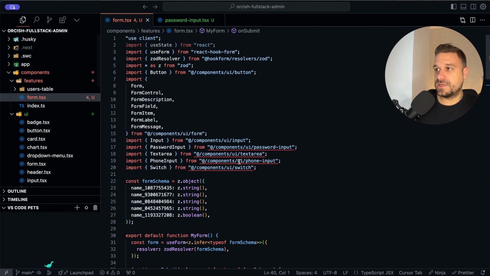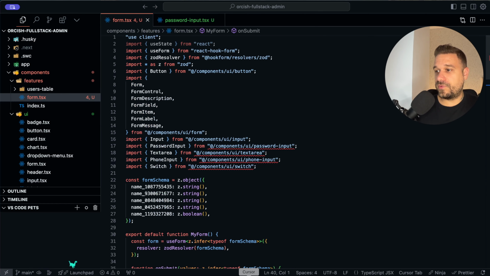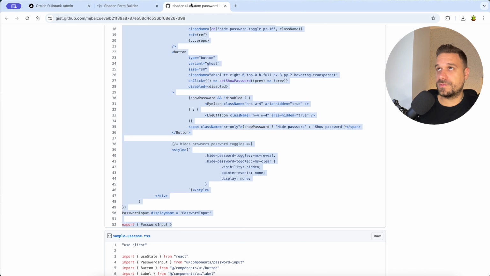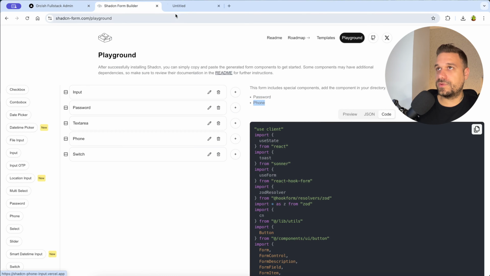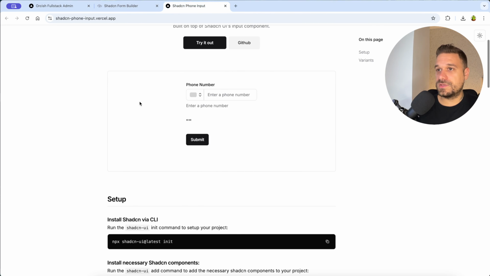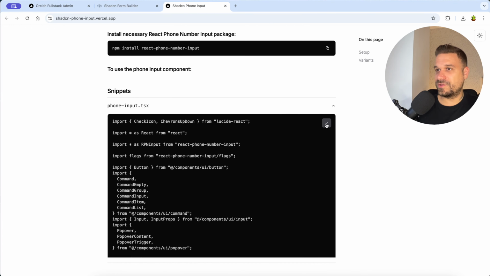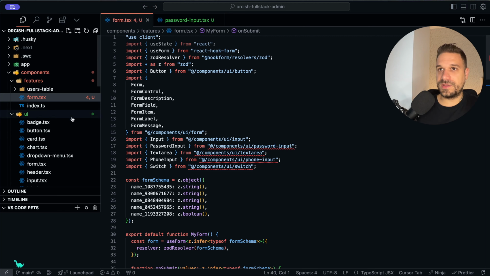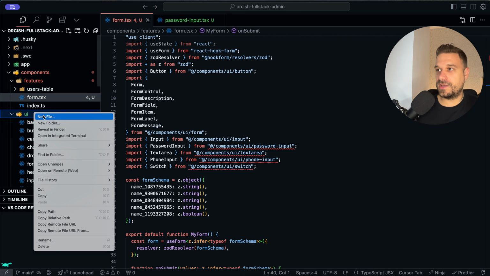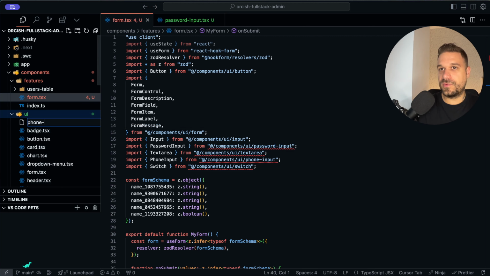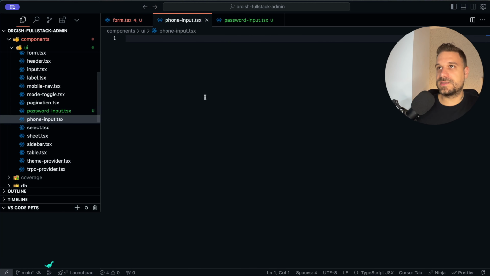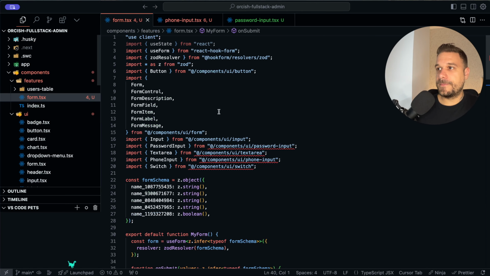Looks like it is. Then we need our phone input. That one is also special. So closing this one, opening the phone input, and here it is. This one looks a little bit more like official, and we're also creating that one. So here inside the UI, I'm creating the phone-input.tsx, pasting it inside, and now we need just a regular switch